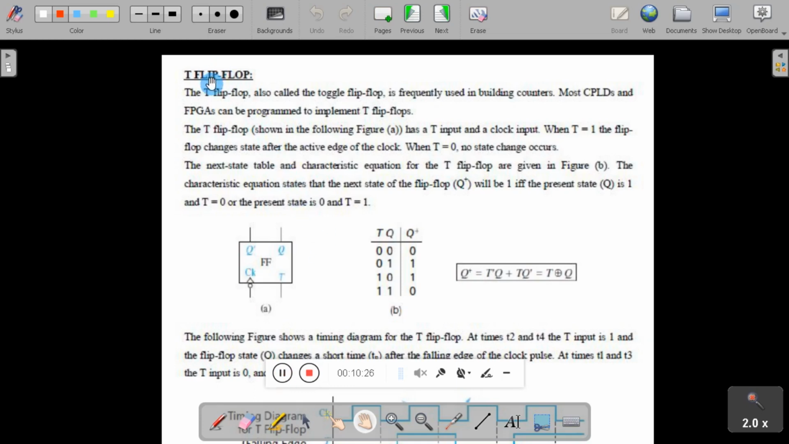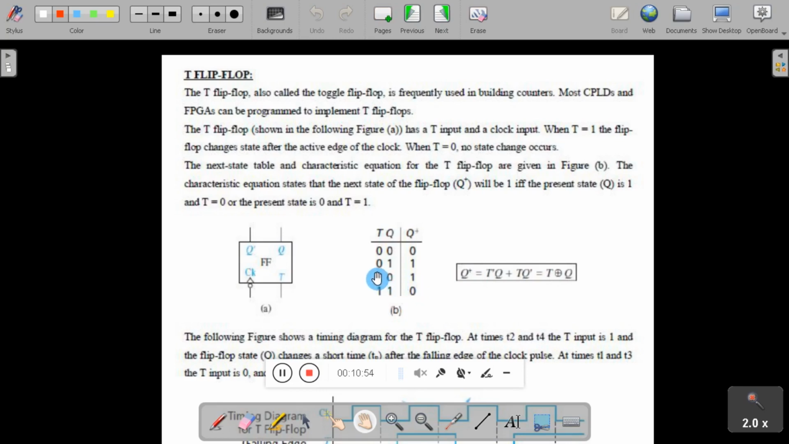So we have the next flip-flop, that is nothing but the T flip-flop. T flip-flop is also called a toggle flip-flop. It is frequently used in building counters, and FPGAs can be programmed to implement T flip-flops. T flip-flops have an active T input and a clock input. So when T is equal to 1, the output toggles